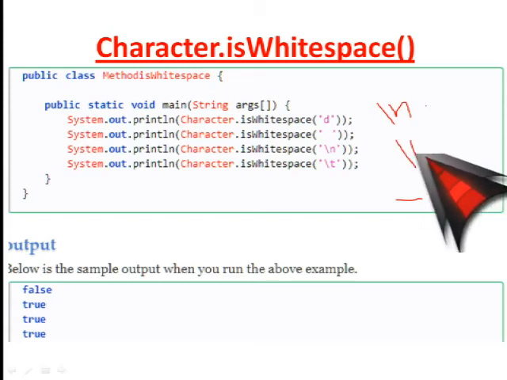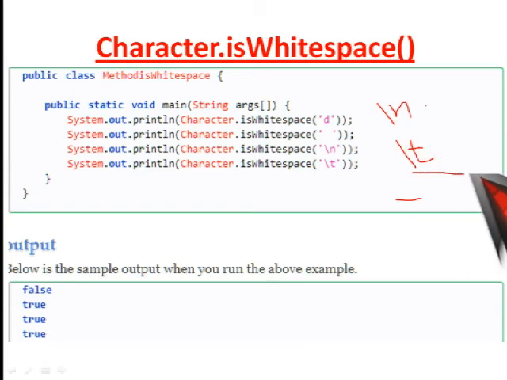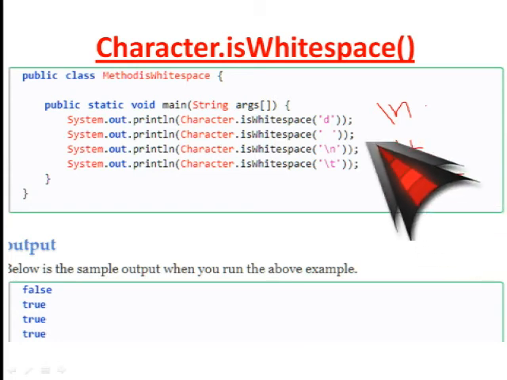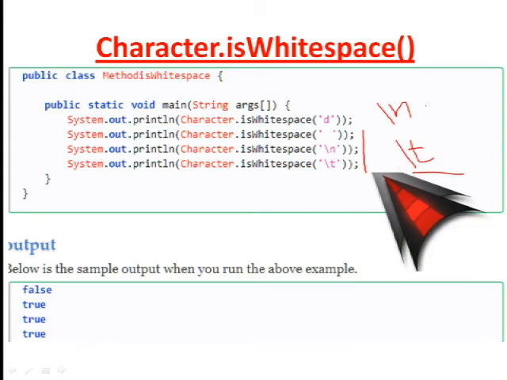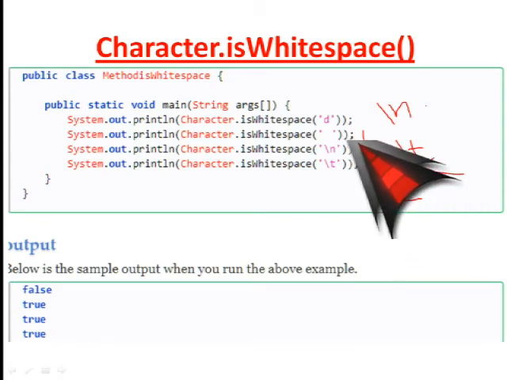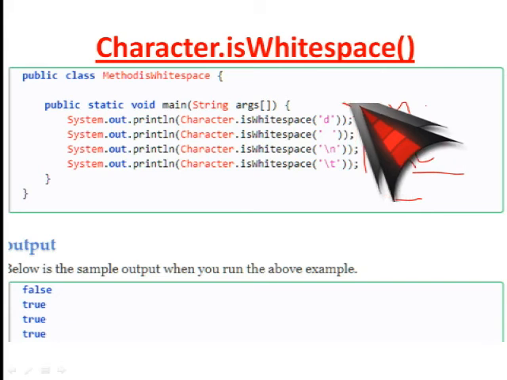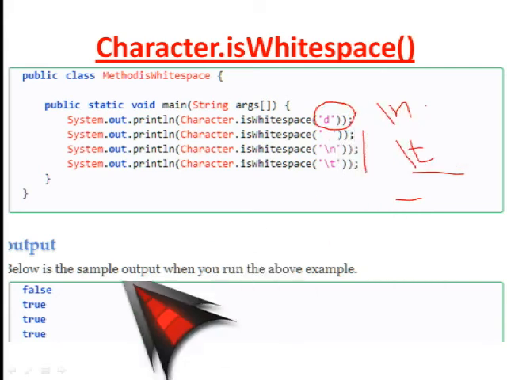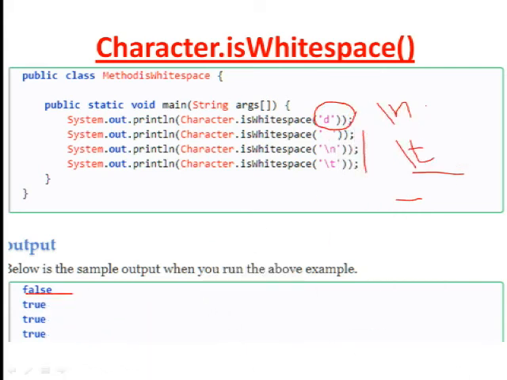So these are all whitespace: a space, \n, \t. But whenever I pass any character like D, my result is false. For the rest of the cases, it comes as true.